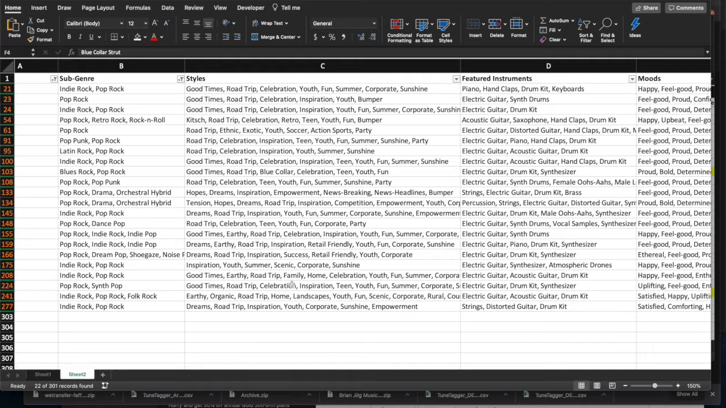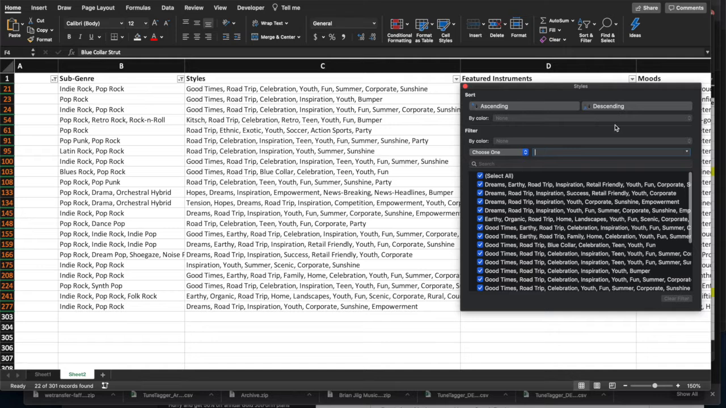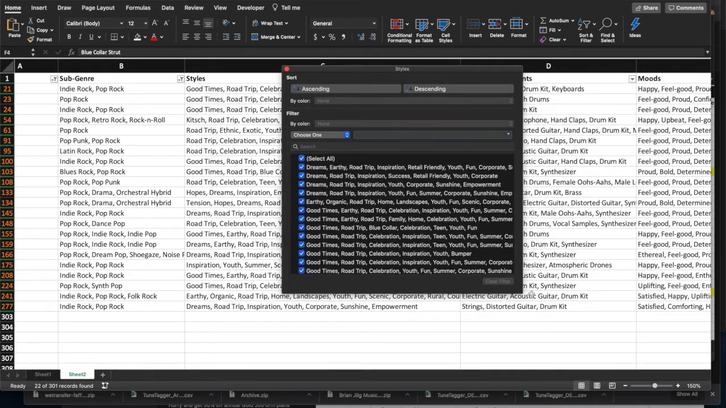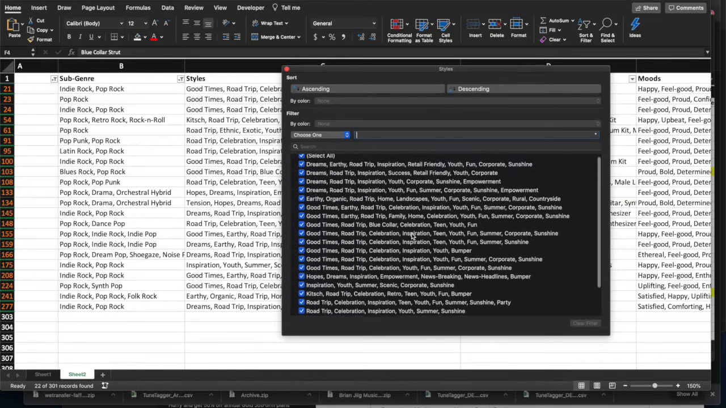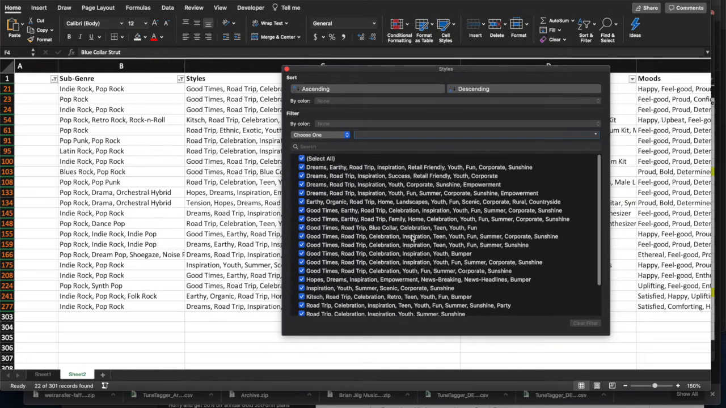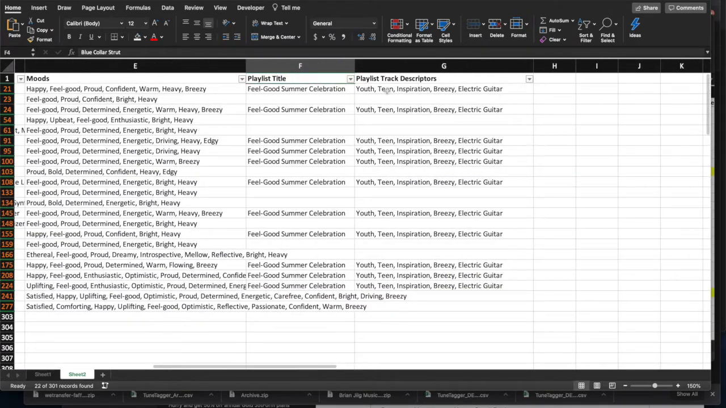So let's do this. Let's filter here. Let's look at the filtering chart and see what we have. We may not even have to filter. We may just look and pick some things out that are really dominant. And I see road trip is a real dominant tag. Good times is a dominant tag. Youth, summer, I'm seeing that a lot. And road trip. So what I'm going to do is come over here to my track playlist, and I've already